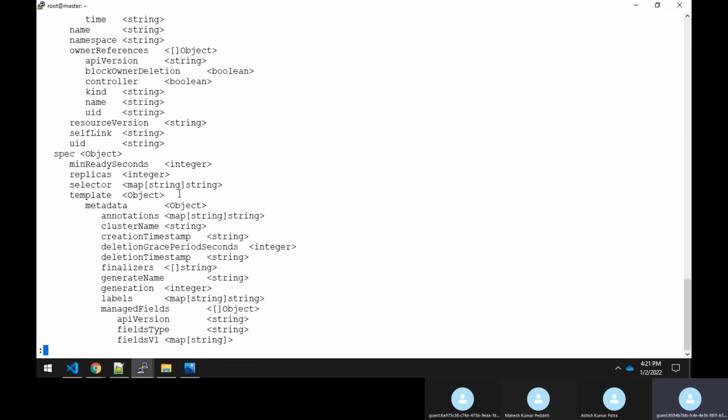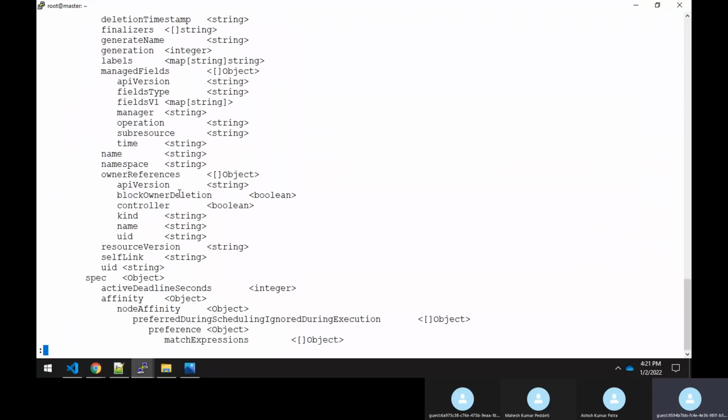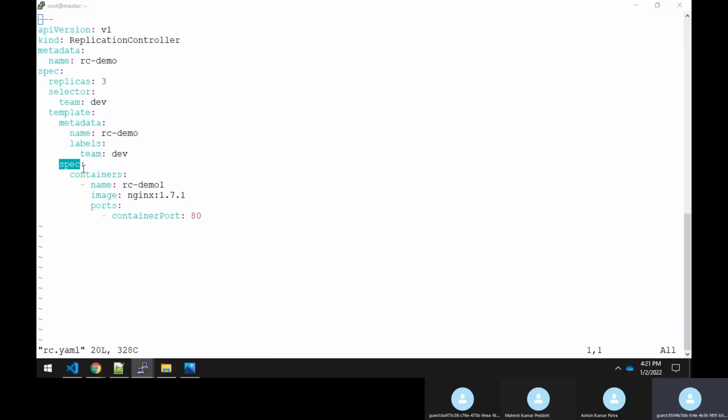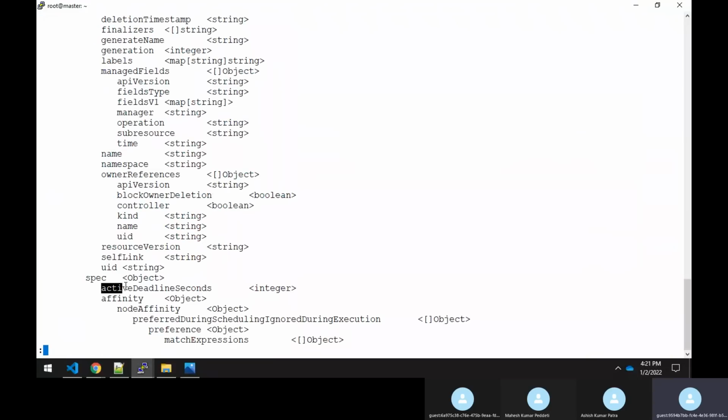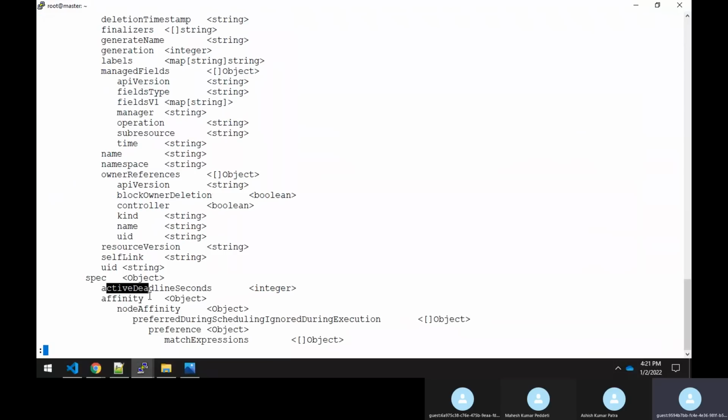After that, if you come down, here you have something known as a spec. So I'm using a spec. Under the spec, you have many things, active deadline seconds, affinity and all. This affinity, node affinity and all, we will see later. All these things, preferred during scheduling, we'll have a separate topic on that. But right now, I'm not discussing all these things.